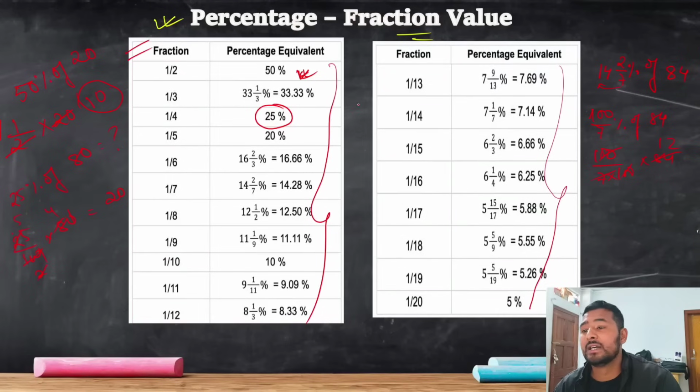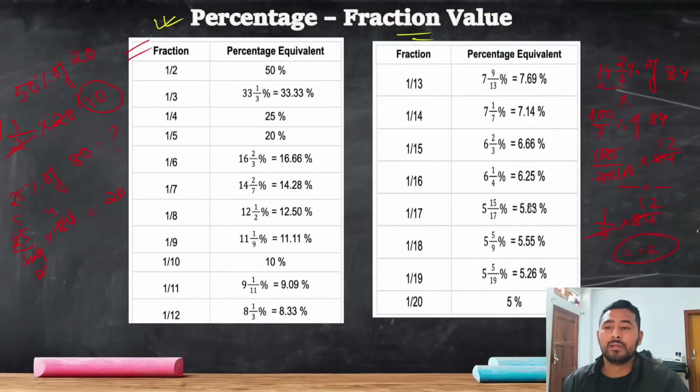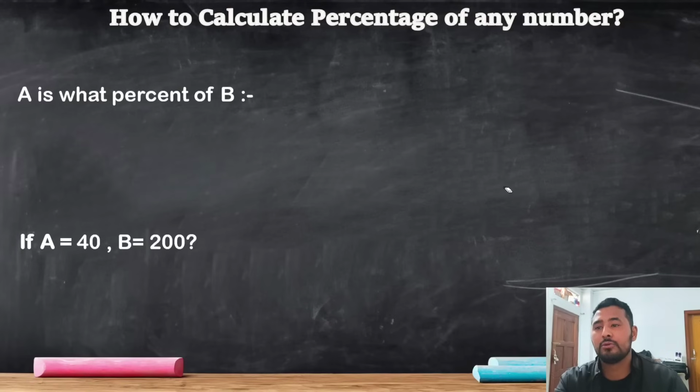What I want you to do is remember the fractional value of 14 2 by 7%. It is 1 by 7, right? It is 1 by 7. Now I can do the same thing. I know 14 2 by 7% is 1 by 7 of 84. So see, I'm getting the answer directly. It is 12. I don't need to go on doing this if I know the values in this chart. It is very easy. So take a screenshot of this chart and start practicing with this percentage to fraction value. Okay, now let us continue.